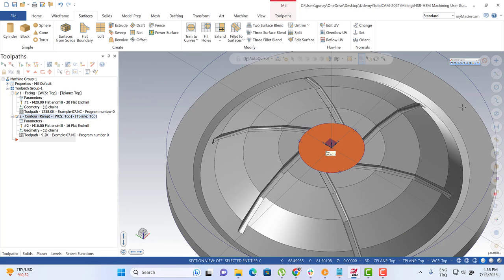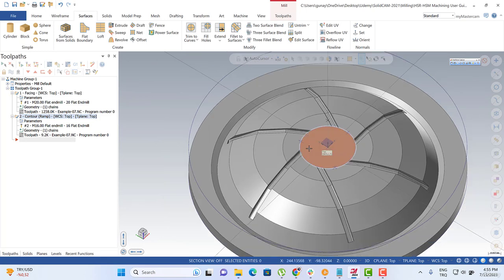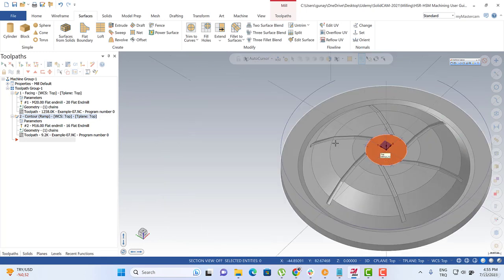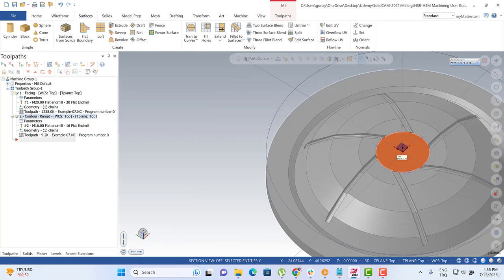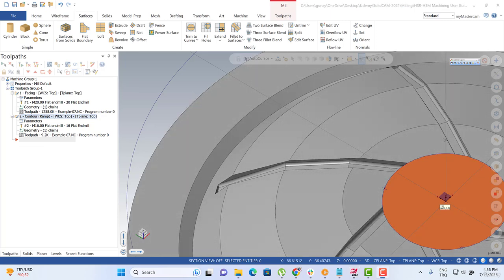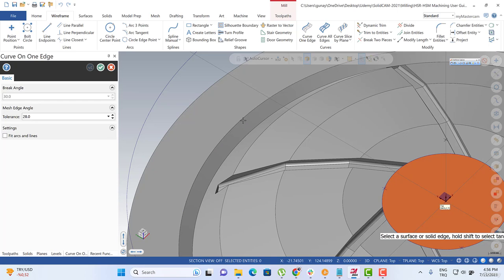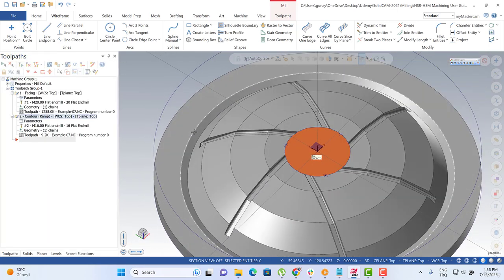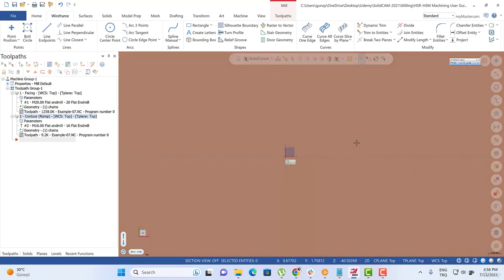Okay, so actually that's okay for us. And after that let me create another curve on edge options. I can turn to here, wireframe, curve on edge options, and then we can create another edges here. And after that we can turn to the 2D and some Z position. Maybe we can focus here like this one. Okay,